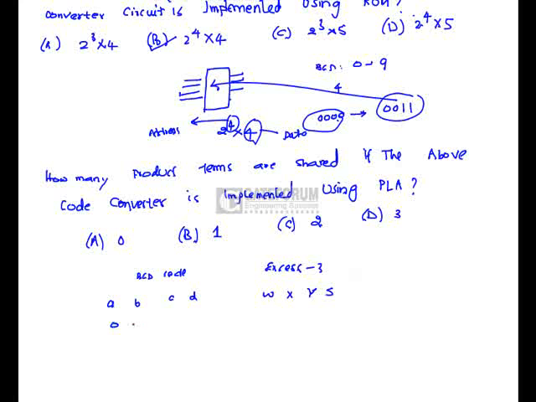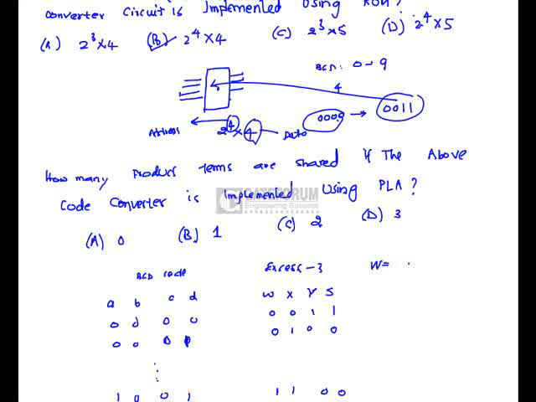So suppose if it is 0 0 0, the corresponding code is 0 0 1 1. 0 0 1 is equal to 0 1 0 0. Similarly, till 9, 1 0 0 1 is nothing but 1 1 0 0. So if we solve a K-map for each variable in terms of these, we